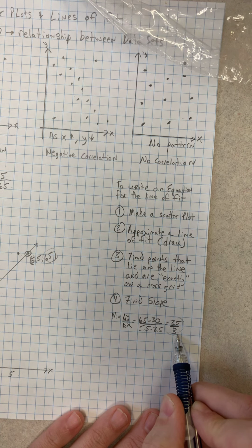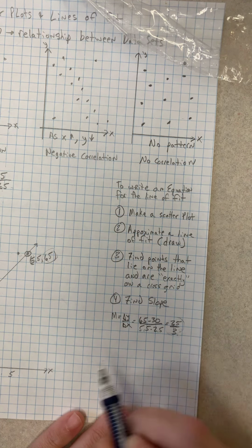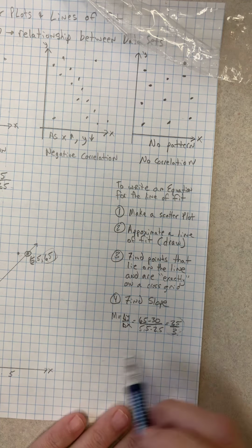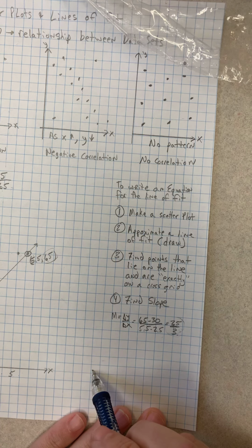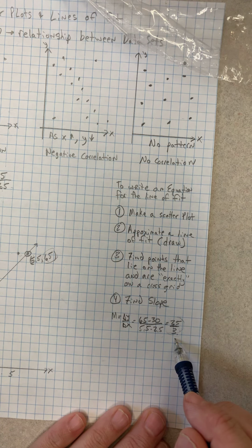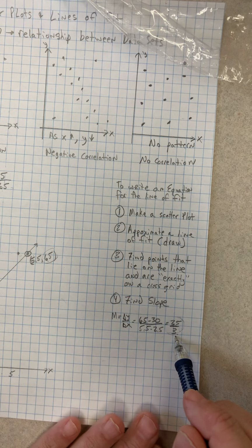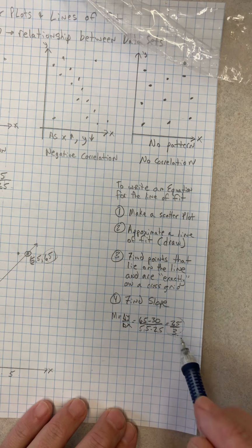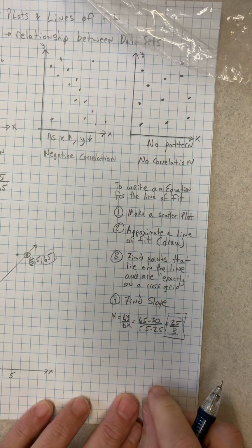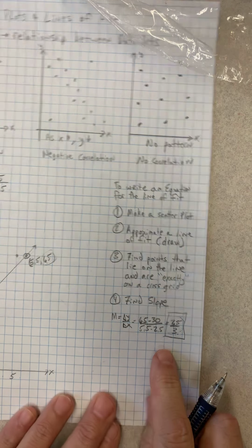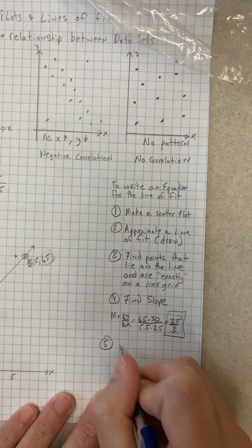We don't want to round until the end, until I ask you, okay, once I have this equation, what's my y when x is maybe 50? And we'll plug in 50 for x, multiply it by 35/3, and then at the end we will round. So I'm going to leave that as a fraction for now. That's the first thing that we need, is my slope. And now I need to find